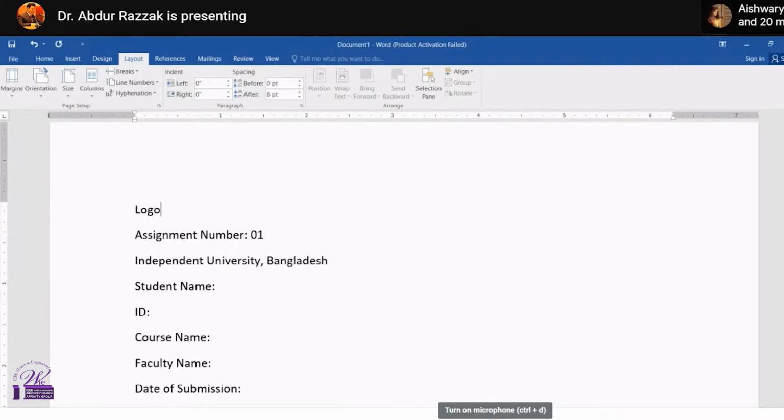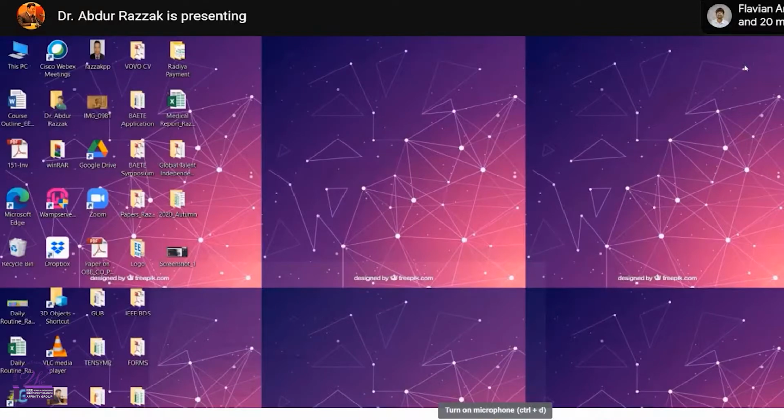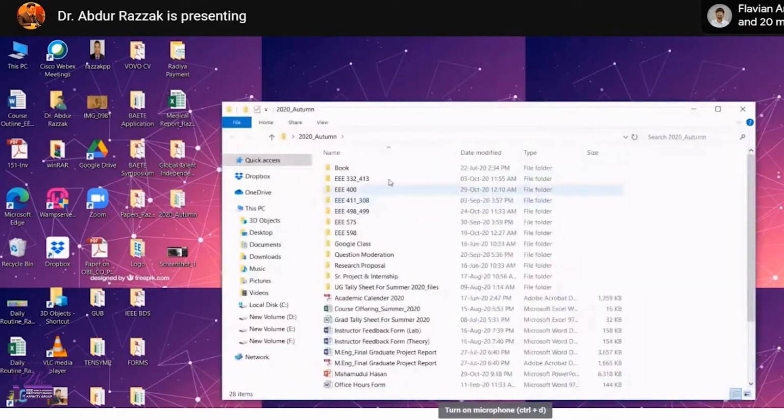Okay, that's it. Anything missing? Even I forgot whether we need anything or not. But okay, let's check with the format. How will you actually organize this one? Can anyone tell me which one will go first, and then next, and then next? We don't have enough time, so I'll show you one assignment